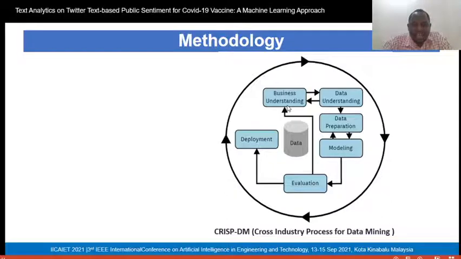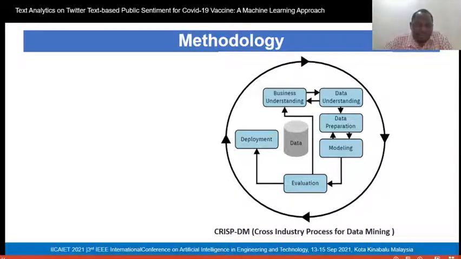You can see the CRISP-DM has 6 stages, starting from business understanding, that is the kind of problem that you want to address, then data understanding after collecting the data, and how you are going to clean the data, prepare the data, model the data, and evaluate the data. Then after evaluating, you see the level of the performance of the machine learning algorithms. Then you deploy